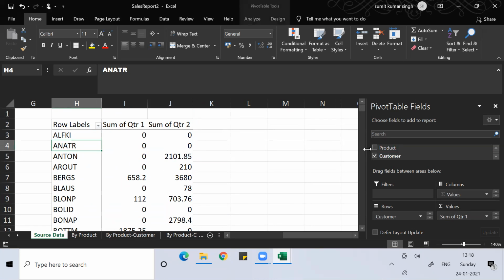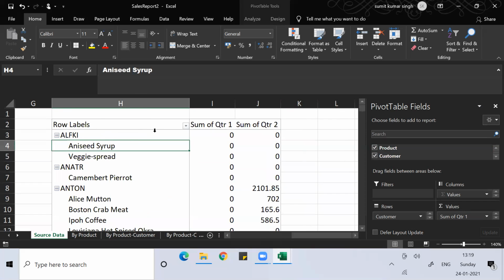Under customer, you want to see the product. So under each customer you can see the products one by one, what all products they have consumed. Take this customer, ALFKI: the products he has used are Aniseed Syrup and Veggie Spread.